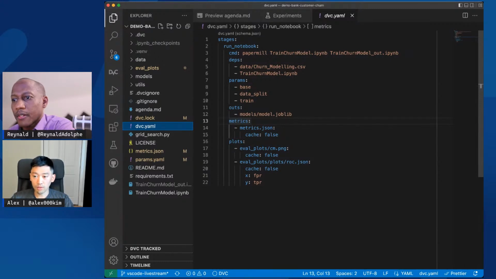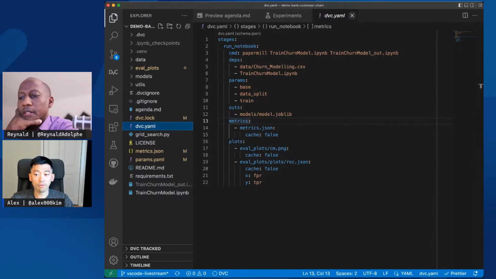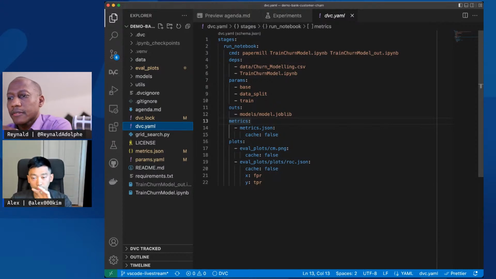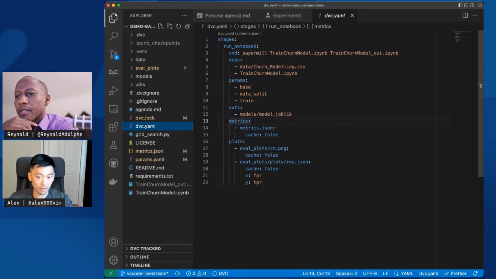I have only one stage here that runs my notebook, but you could potentially have multiple stages that depend on one another. A typical pipeline would look something like this. You'll have a stage for data loading and pre-processing, a stage for splitting your data between train and test subsets, a stage for training the model, and the final stage for evaluation. So you could have 4 or 5 stages like this.